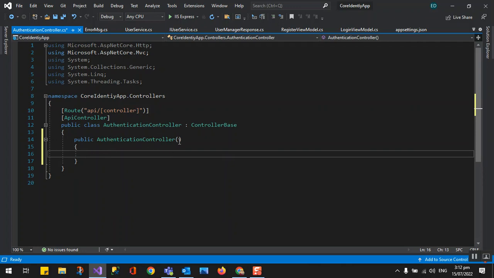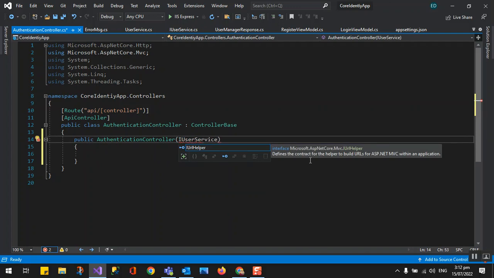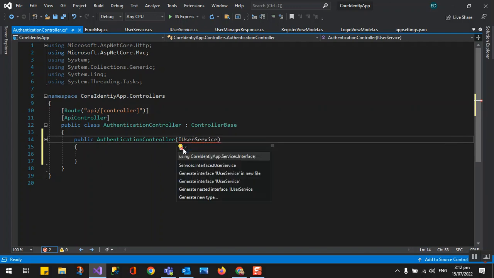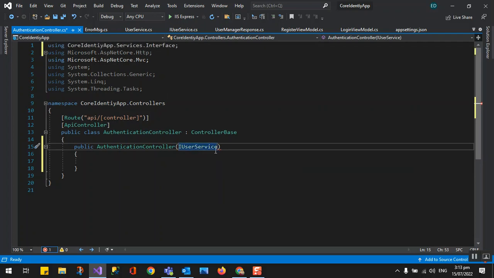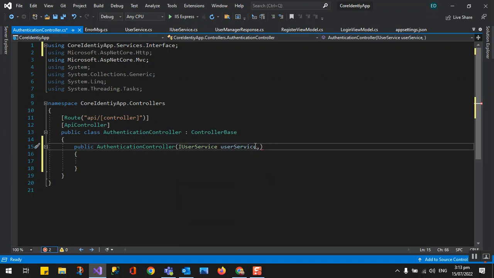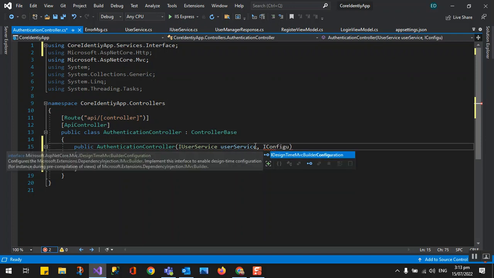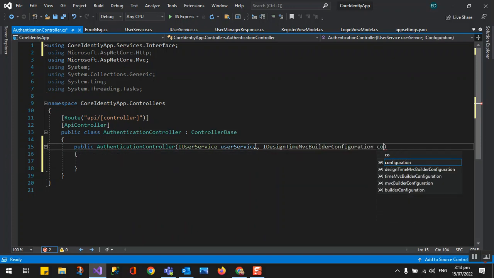So first we need the IUserService, this is the interface. So you say that we are accessing not the concrete class but the signature or the interface. So we say user service and the other one is maybe the configuration if we need to use it. Yeah, we need to use the configuration because we set in configuration